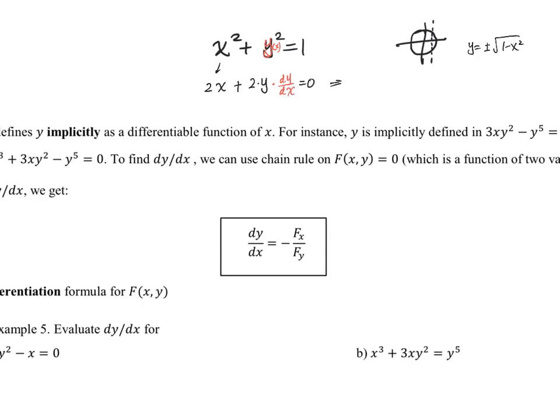Then you solve for dy/dx, which is equal to negative x over y. So this is called implicit differentiation for one variable